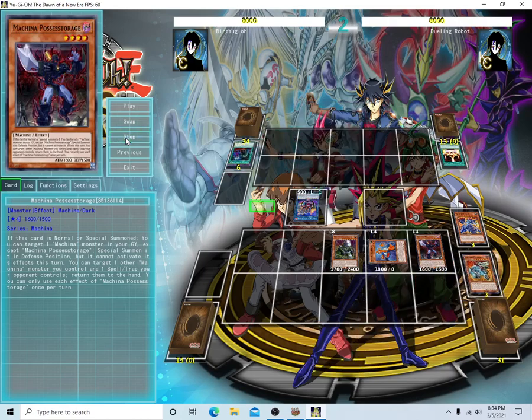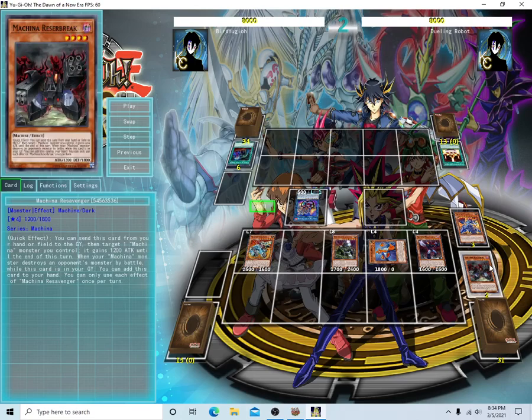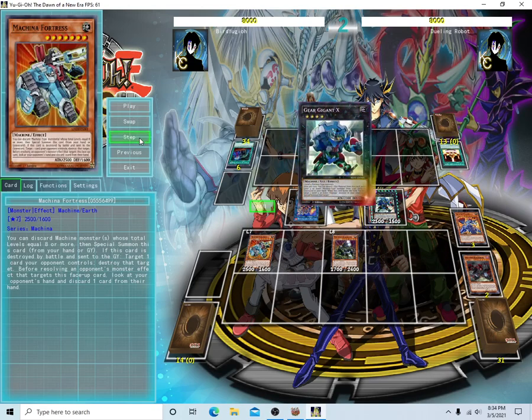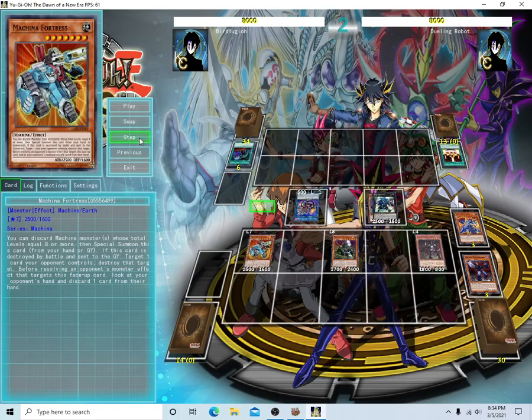And then we're going to summon the Fortress by ditching the Resavager to summon out the Fortress. Go into Gear Gigant to search our Unclass Bar, summon the Unclass Bar because he was searched, send another Citadel, and here we are going to